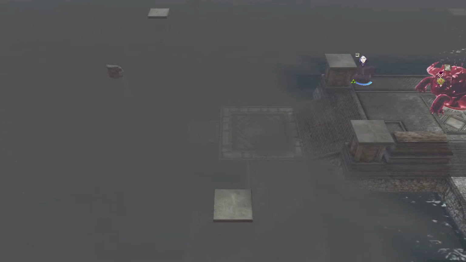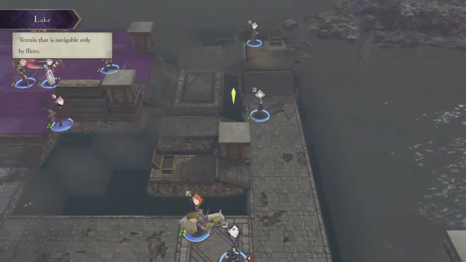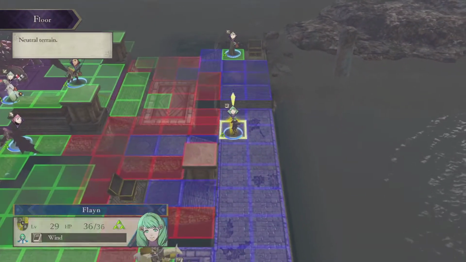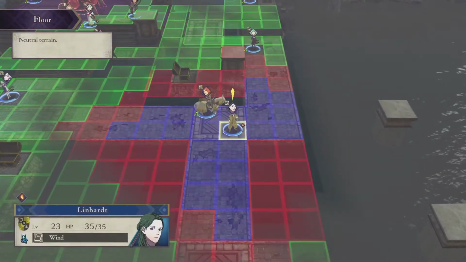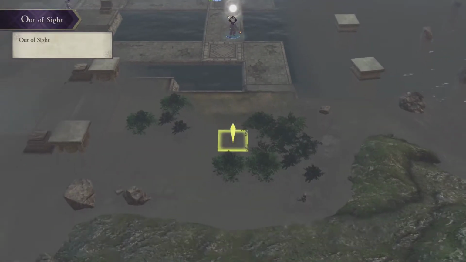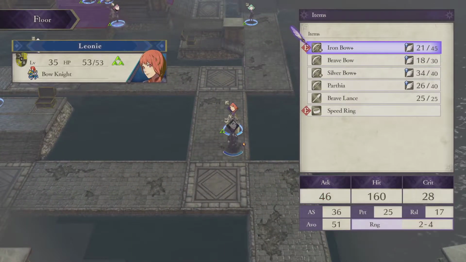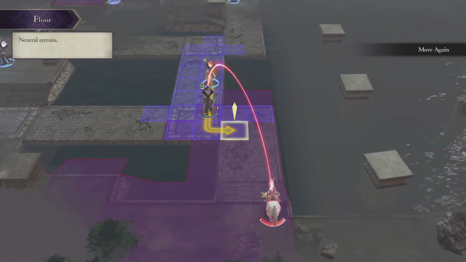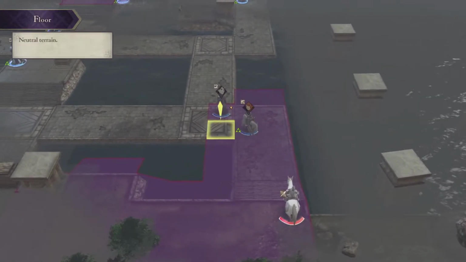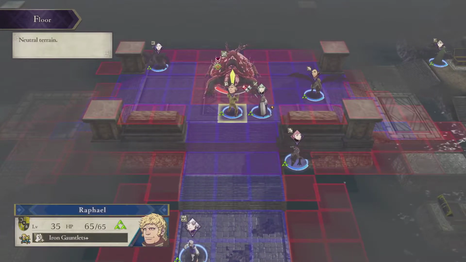Oh wait, do we have a whole other stage to go? Oh, we do. I didn't even realize that. Okay, well, whatever. Let's just go ahead and use up this torch. No enemies in sight. Aha, I found one. We wouldn't actually get a kill on Linhardt either. Fascinating. I mean, I'm not going to wait around for them, but...